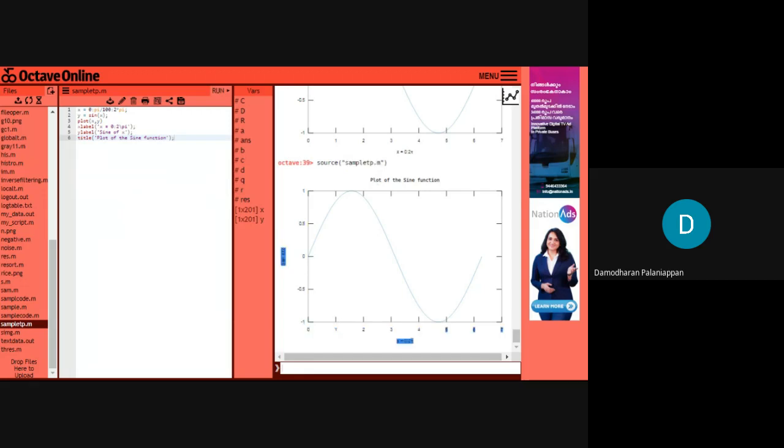In this way, we are able to create a sample MATLAB file and execute it. Okay, now I'm stopping the screen. I'm requesting everybody to show how the file can be created and how it can be executed.